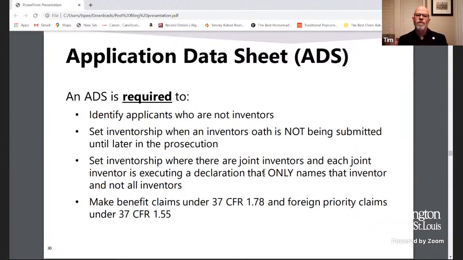And again, we mentioned priority down here. They mentioned it again here. Foreign priority claims are set forth in there. Additionally, claims to provisional applications. And once you file a first utility application, depending what happens during the examination process, you may split that out. You may file additional applications which claim priority back to that application. And those would be set forth in an application data sheet as well.